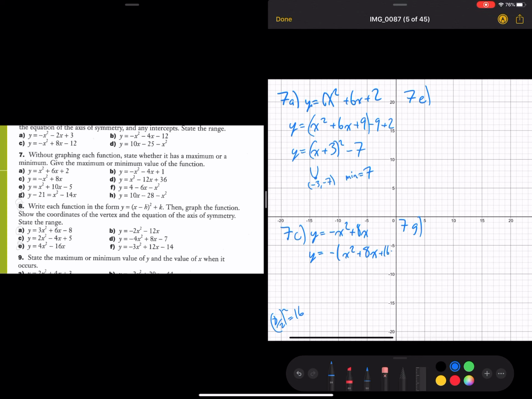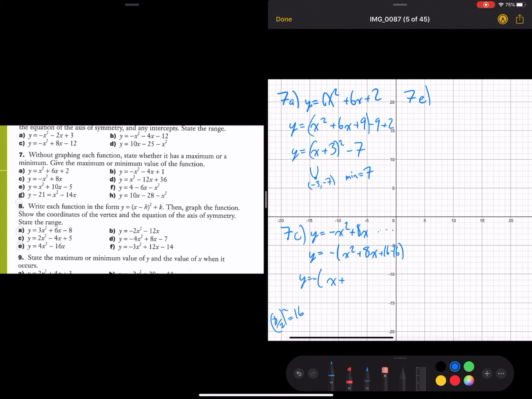Plus 16 minus 16. Ooh, looks like we're not going to have room for G. Okay, no problem. We don't need to do G. All right, that's it. We have no extra value here. So what do we do next? Y equals minus